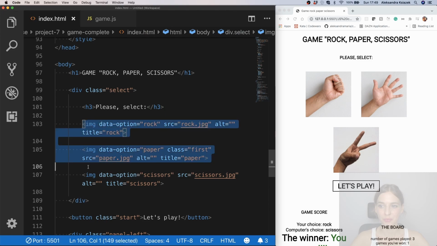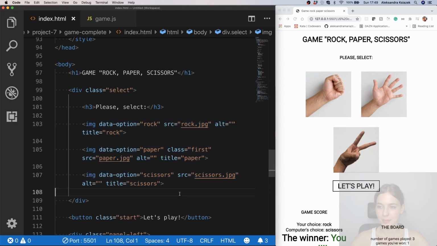and our 3 options as images. So I've got 3 images, and you can see the source, alt, title, these are built-in attributes that are there ready for you to use. And we also have something called data that we can customize. So this is my custom-made attribute called data-option,